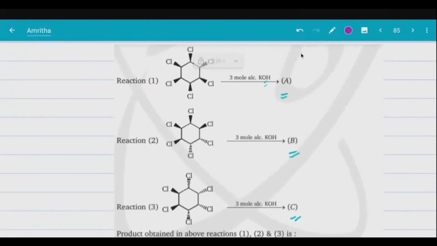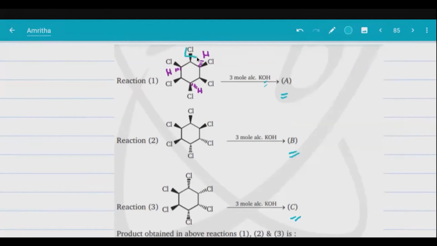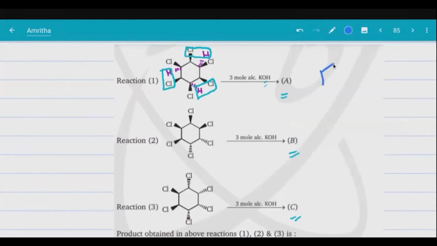Cl here, alternate. So I'll start with this one. Cl, H. One H is opposite, no? And Cl here, and this bond is H. And Cl here, this bond is H. So I will remove this HCl. This H and Cl. Alternate. So what I can make is I will get this